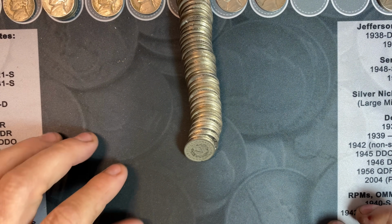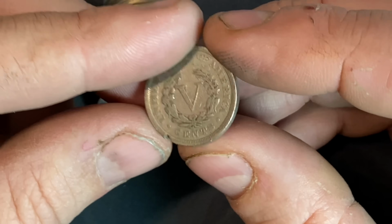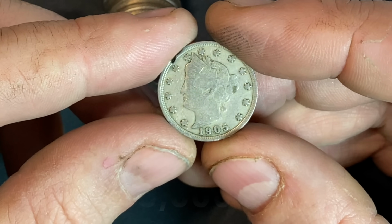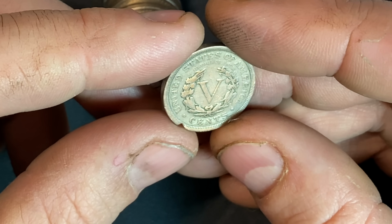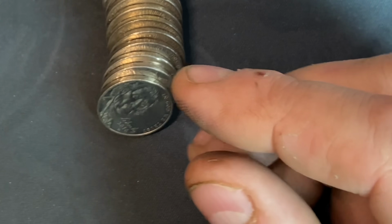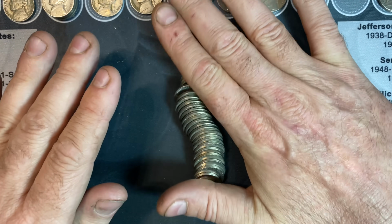Wow, V-nickel ender. Holy cow. It's got a little bit of damage on it. It's a 1905 V-nickel ender. Man, we don't find too many of them. Always happy when we do, and I've never seen one in my hunts as an end coin. We'll take it. It's a good find, and while I have you here, we'll just quickly see if there's another